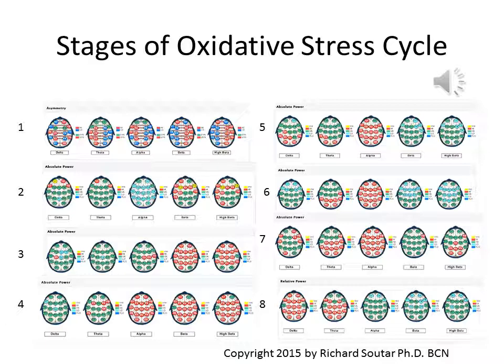By stage 5, we can see that we have alpha dominating with the beginning of increasing slow wave activity in delta and theta as inflammation progresses. We also have the beginning of the loss of high frequency power. Beta has diminished to the point where it looks almost in the normal range, but is also beginning to fall below the normal range. By stage 6, we can see that the beta frequencies have dropped out significantly, especially in